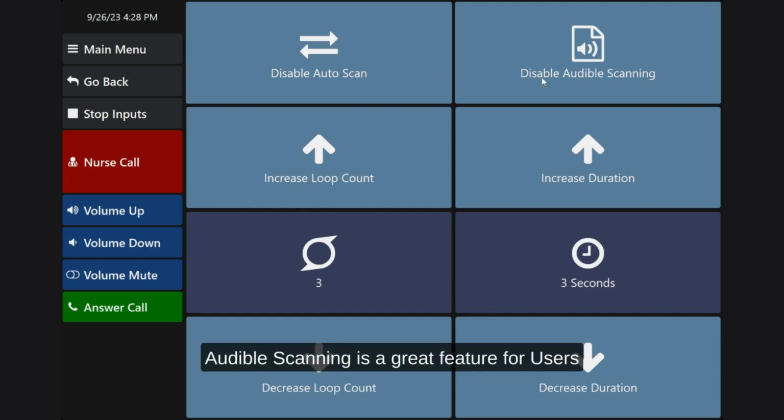Audible scanning is a great feature for users whose vision changes or those of us that experience screen fatigue as the day goes on. When we enable audible scanning, our autonoME will read the selections on screen aloud to us. For instance, when the left side panel is highlighted during audible scanning, the autonoME will say Controls. If we were to select with our switch, the autonoME would begin speaking our options: main menu, go back, stop